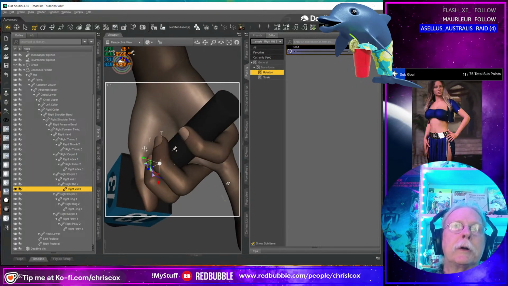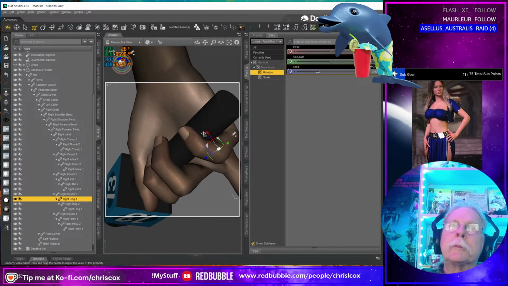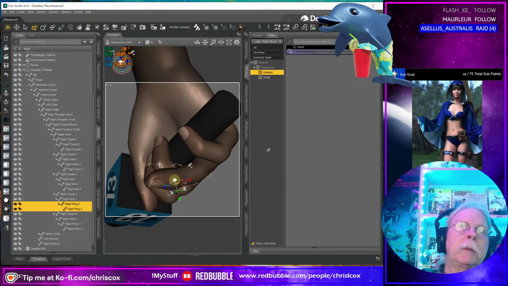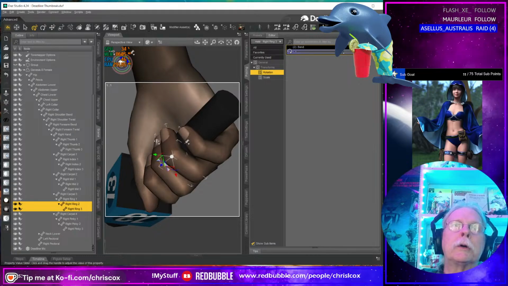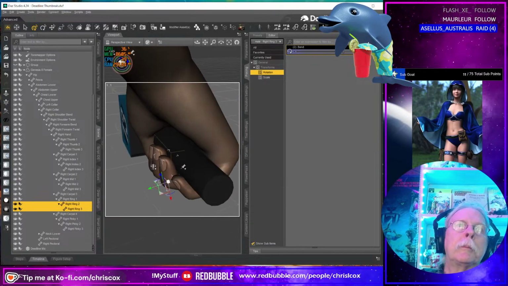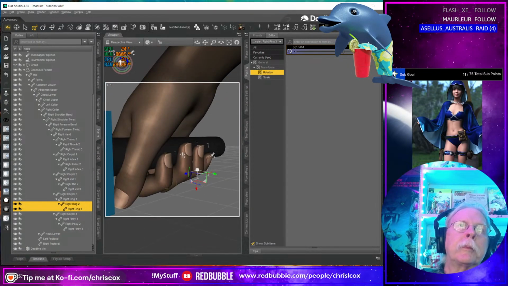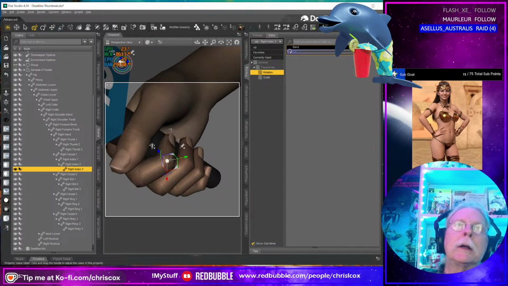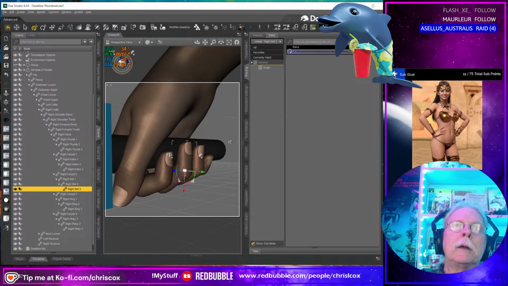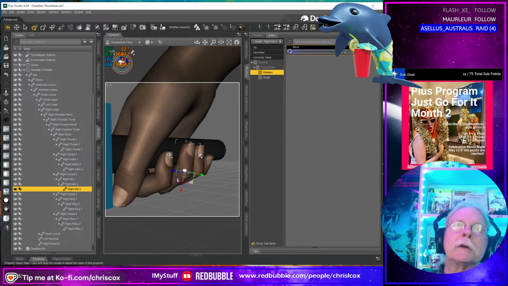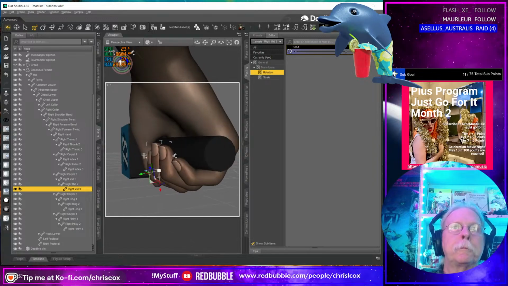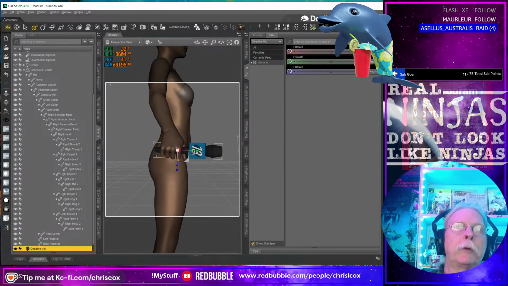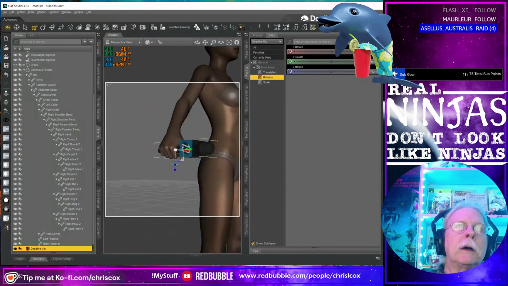There we go. That's better. And then this one, I'll just bring that in. Then I'm just going to maybe do both of these at the same time until we're right about in there. I think we'll back that off just a hair. And I think I'm going to just bring that out just a pinch. So I think I'm going to call that my microphone hand pose.